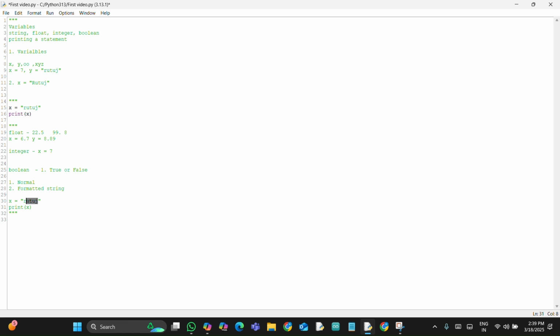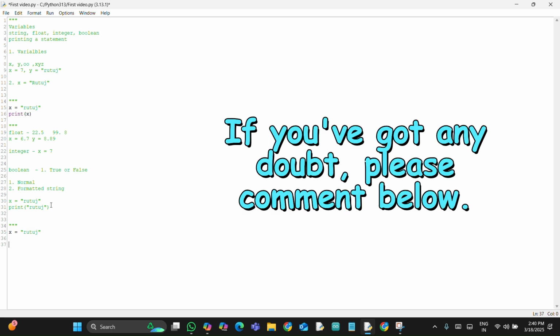Now here Rutuj is a normal string. If I say here print Rutuj, Rutuj will be printed as it is a string and we have commanded it to print. But if I write x is equal to Rutuj and print,